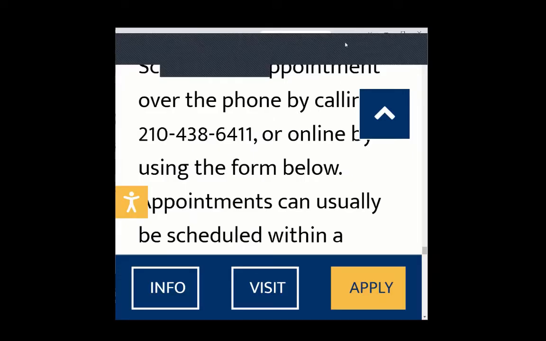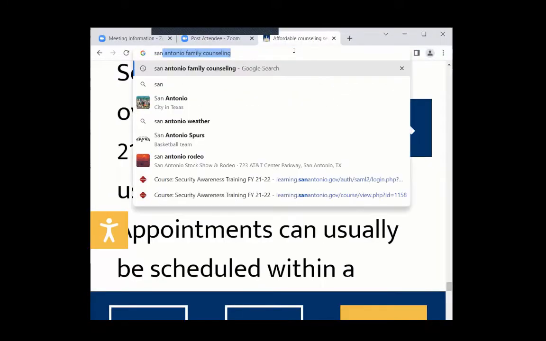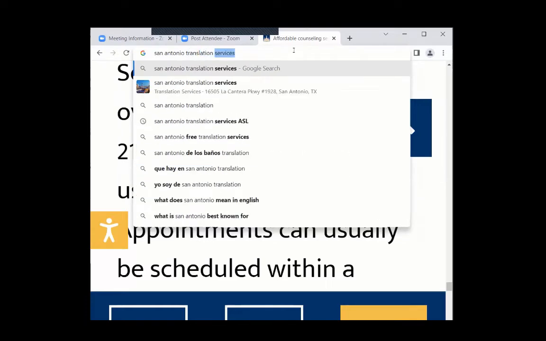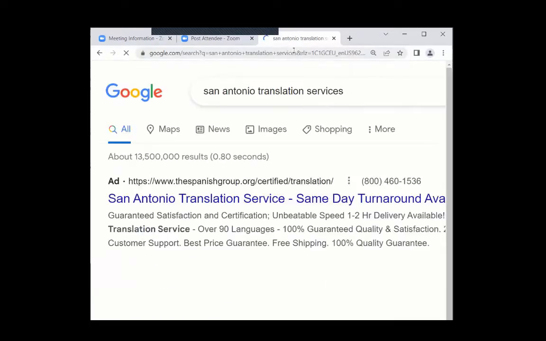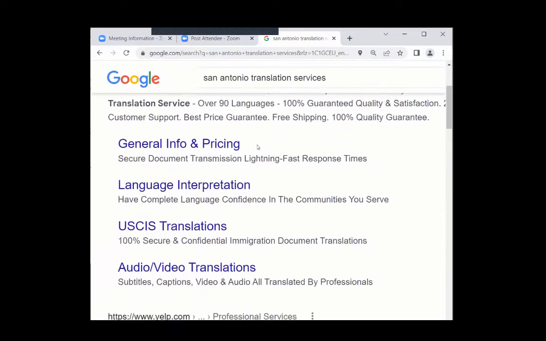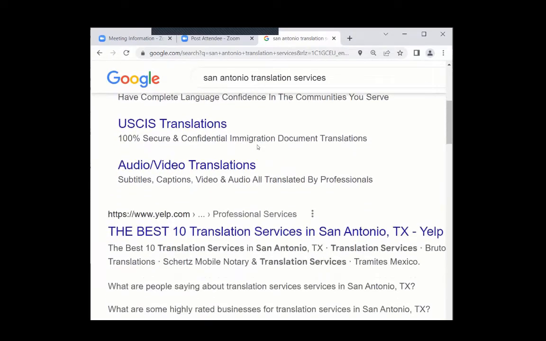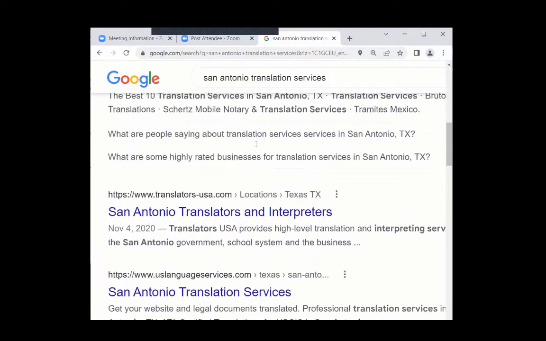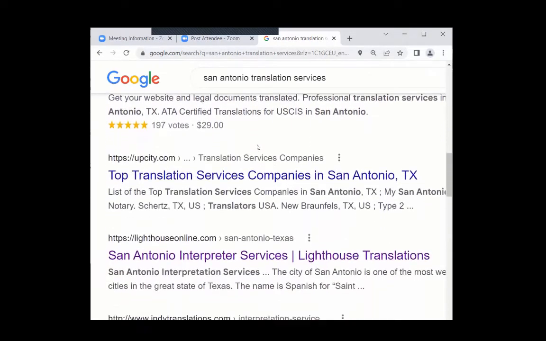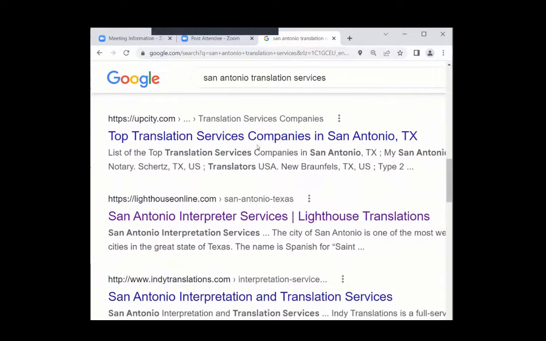Okay, and I'm going to Google San Antonio translation service. Most of these are probably going to be price prohibitive to you. The reason we're doing this one is just to meet the requirement of CDA. Kind of just wanted to see if there is one just for